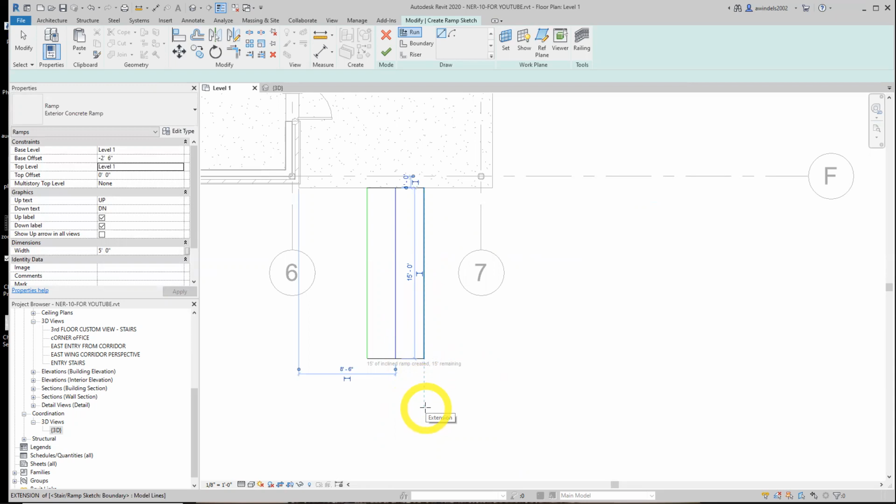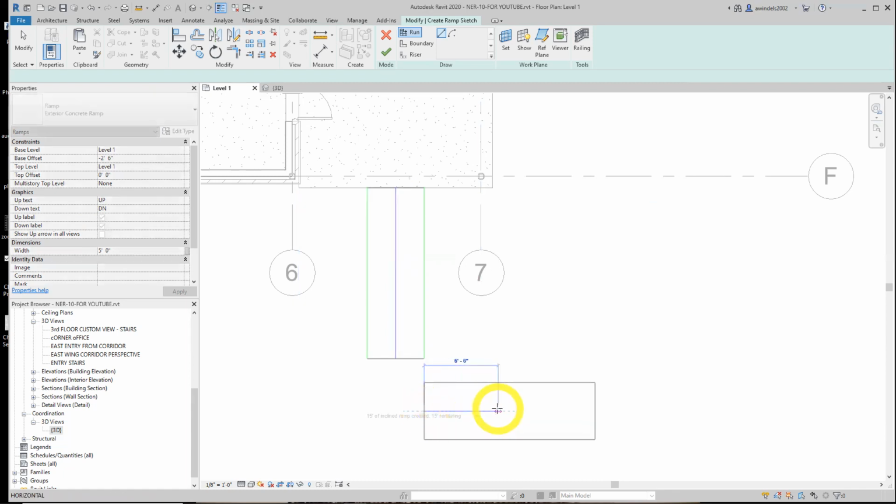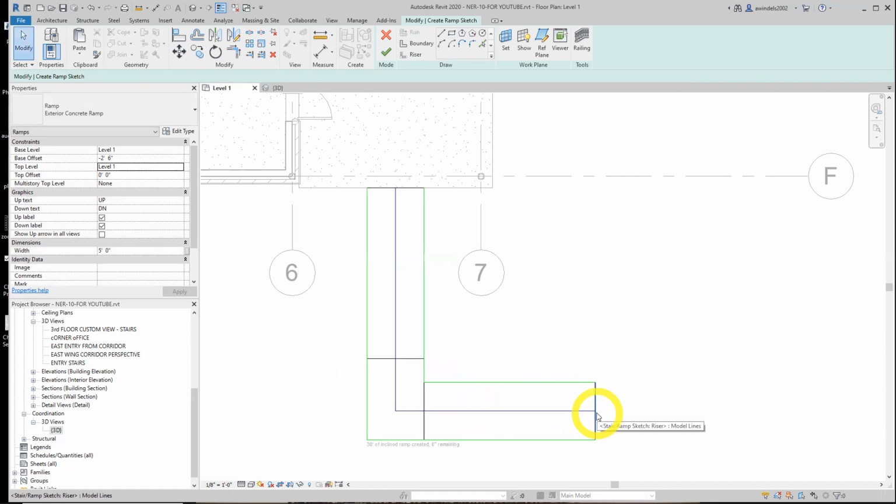So it says 15 feet of incline ramp created, 15 feet remaining allowed. That's on there. You can see it in gray. This is the second point. I'm going to guesstimate. This is about 6 feet. It should make it automatically. Let's pick here. And over here, I'm going to type in, well, or just drag to 15 feet. There we go. Close enough. And at this point,